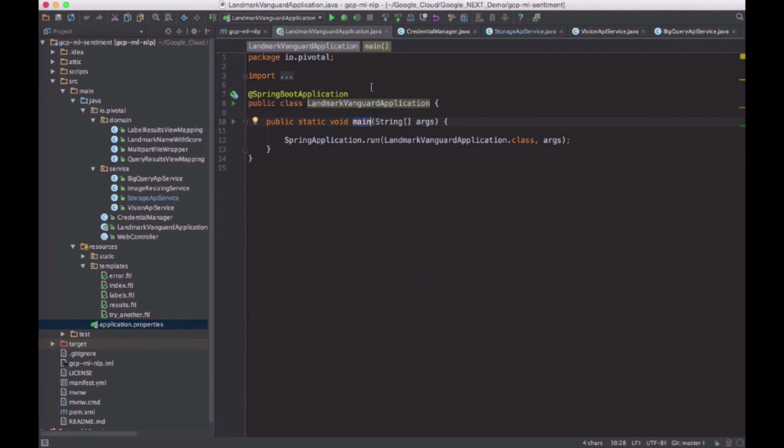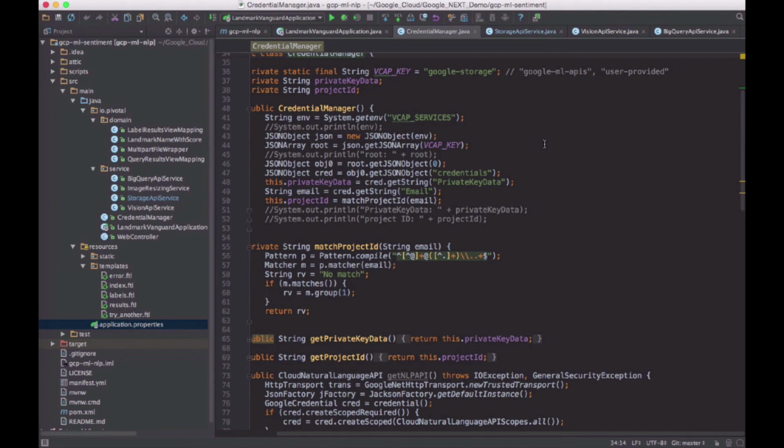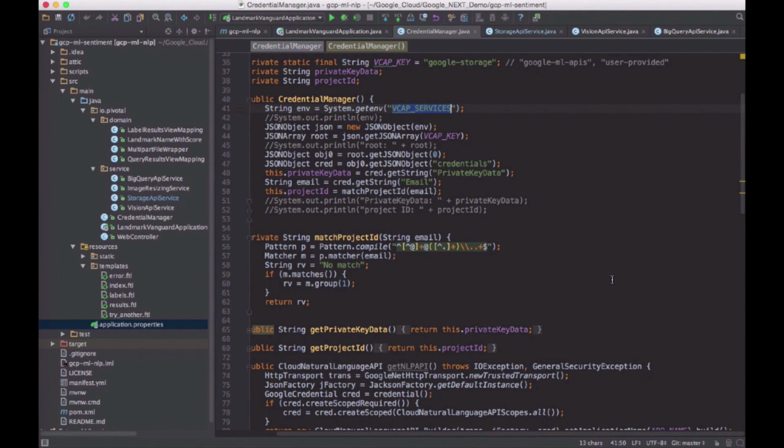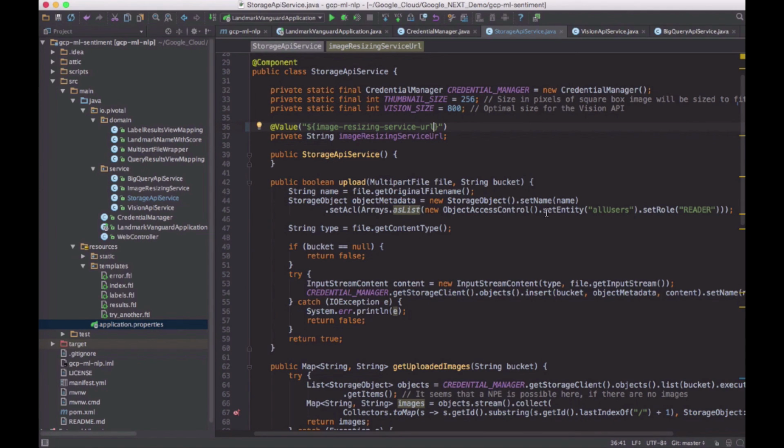This is kind of the entry point for the app. It has the main method. This class is annotated as a Spring Boot application. We have Credential Manager. So part of what I'm going to talk about involves binding to these services. And when we do a binding, our application gets an environment variable passed to it, which is called VCAP_SERVICES. And within that, we get access to all the credentials that we need to access these various services. So the Credential Manager within our app is how we can access the Storage API, the Vision API, and the